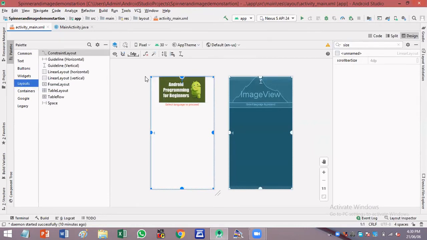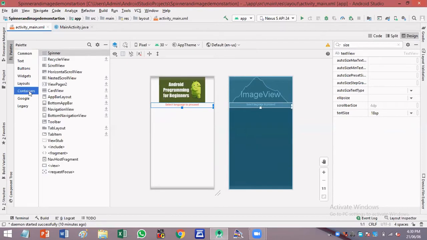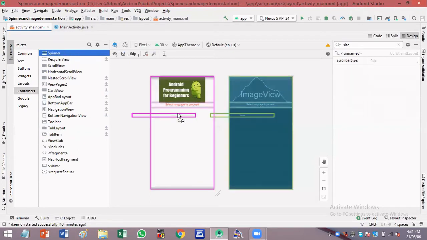Okay. And next, after displaying this textual information, now see the use of linear layout. So whatever the items or the tools that you are dragging and dropping are arranged linearly in a vertical fashion. Similarly, you can arrange the items horizontally by using linear layout horizontal tool. Okay. And next I'm going to use the spinner tool. This spinner tool is available under containers tab. So click on this containers tab and then select the spinner. Just drag the spinner and place it in this layout.